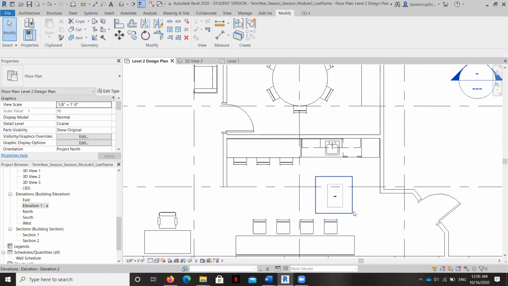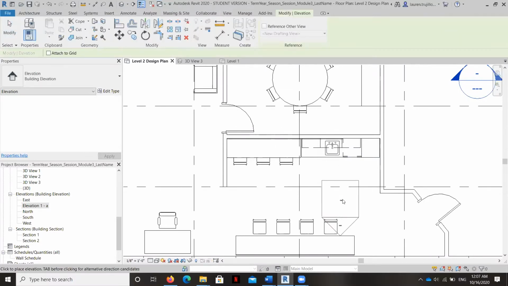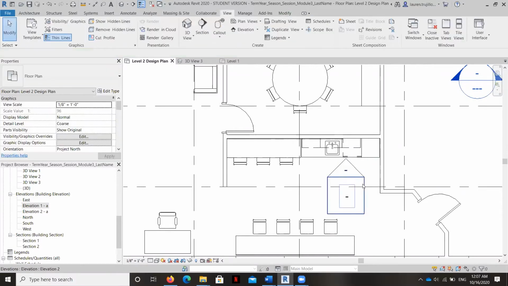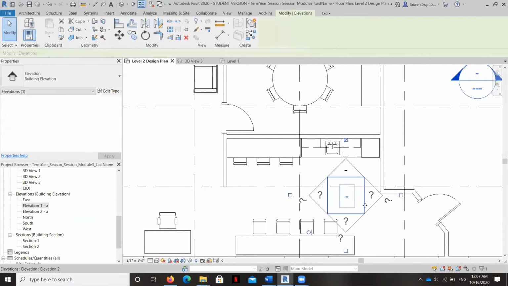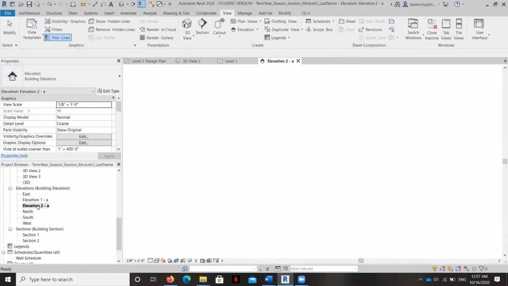Okay, so I have made the changes to those cabinets, and I'll show you in just a second what I did. But since we're going to do our filled region here, I want to create an elevation view. So I'm going to hit the View tab and then go to Elevation. If your arrow is wiggling around a lot like it is on mine, you can just click it, hit the Escape button, and then when you click on this square, you can check the box that says you want it to face in that direction. Okay, so now we can go to our elevation view, and it's 2A.